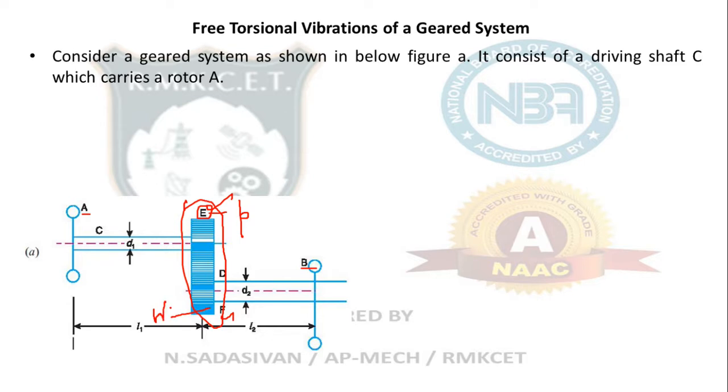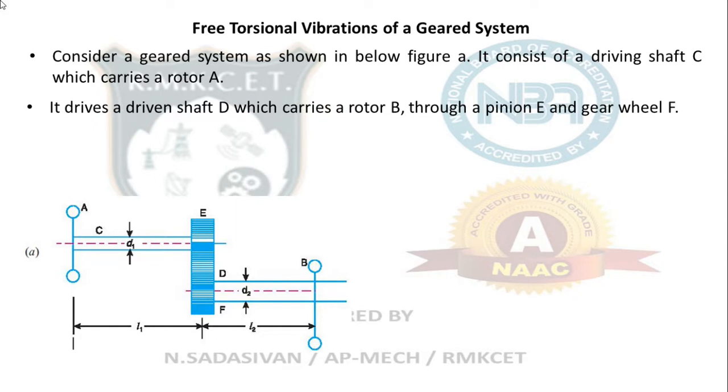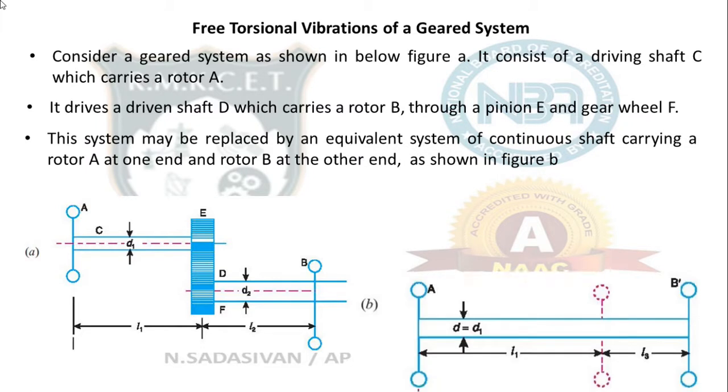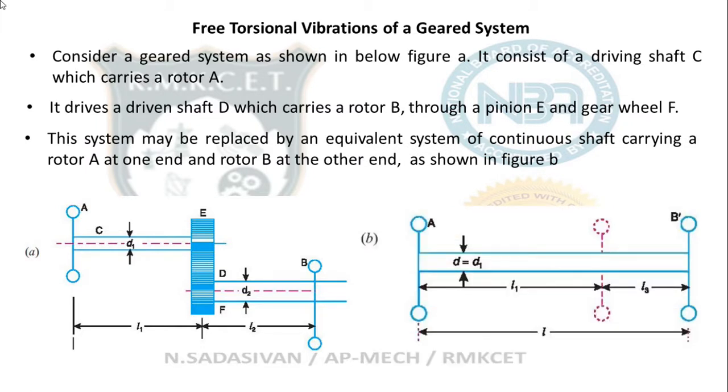Earlier we used to think that a smaller gear is called the pinion. That is not the correct way of telling. The driving gear is always called the pinion, so that is the right way to address it. Maybe some of you might think like that, which is why I'm telling it. I used to think like that. It's a mistake. Driving gear is pinion, driven gear is wheel. So I'm going to replace this system with the equivalent system, eliminating the two different shafts and the gears, ending up with an equivalent shaft and an equivalent rotor B dash. This should be B dash.